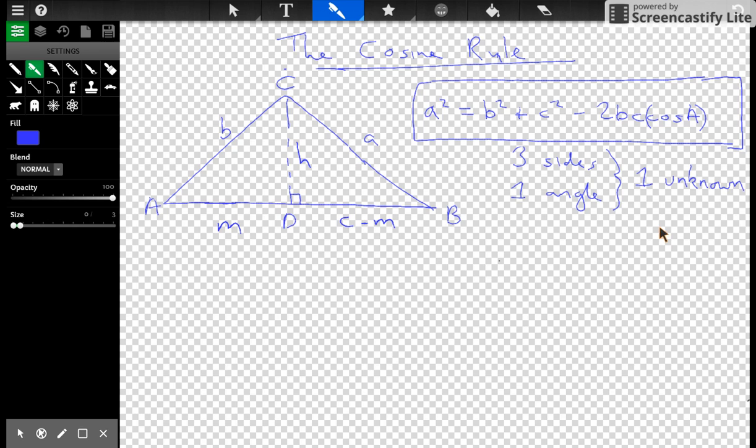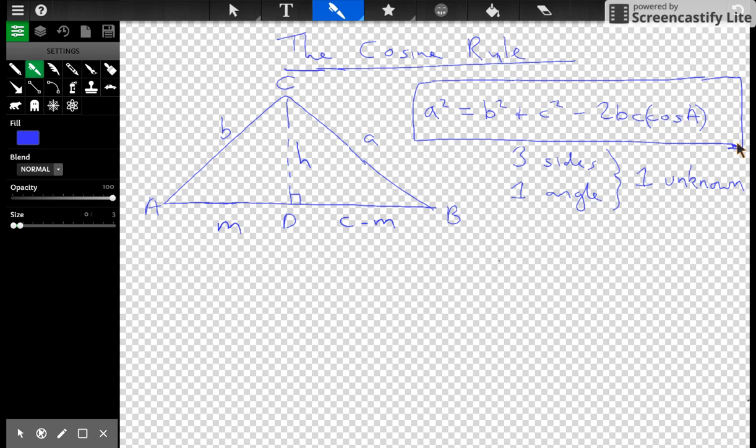The cosine rule is used when we have three sides and one angle, one of which is unknown. So it's slightly different from the sine rule. It's more complicated, but here is the proof of how we get this equation on the right here. It's a squared equals b squared plus c squared minus 2 times b times c times the cos